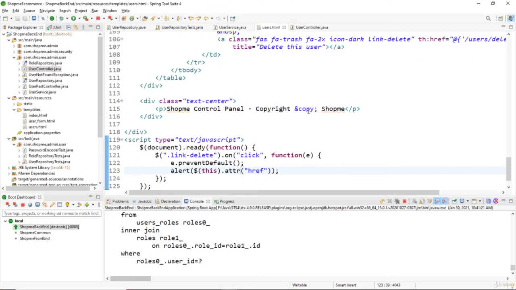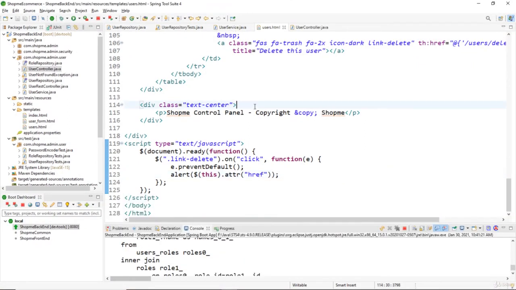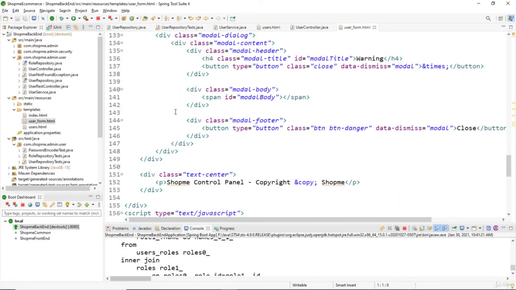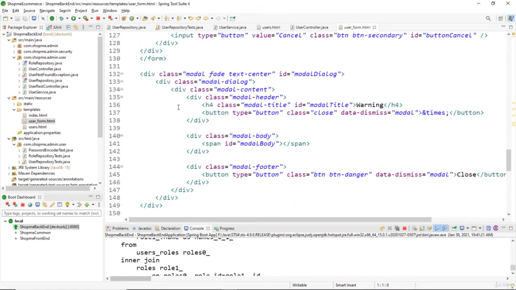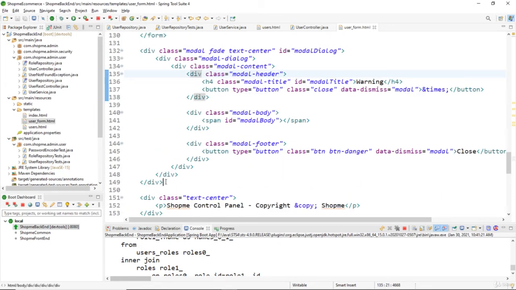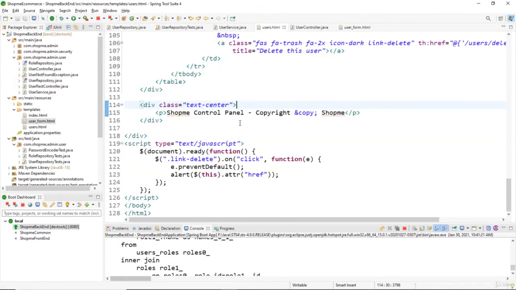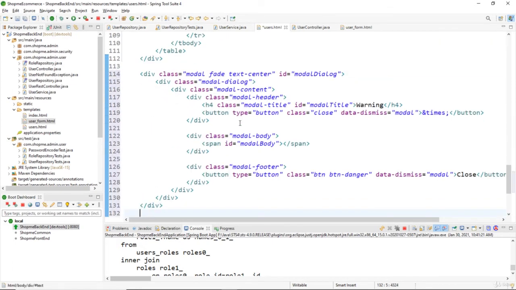Then we need to create a modal dialog inside the user listing page here. In the user form page, we also have a modal dialog for showing the email uniqueness checking here. Here you see. So we can reuse this code in the user listing page. Paste it just right above the footer here, and we set the ID for this modal dialog as delete confirm modal,